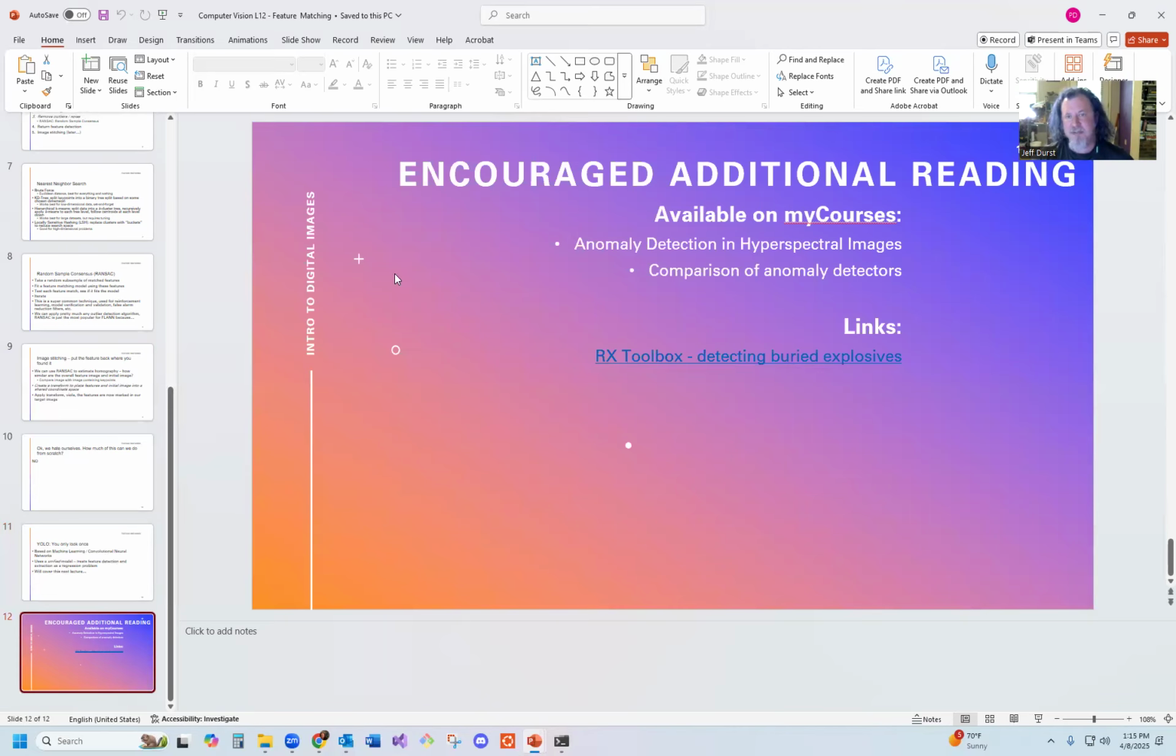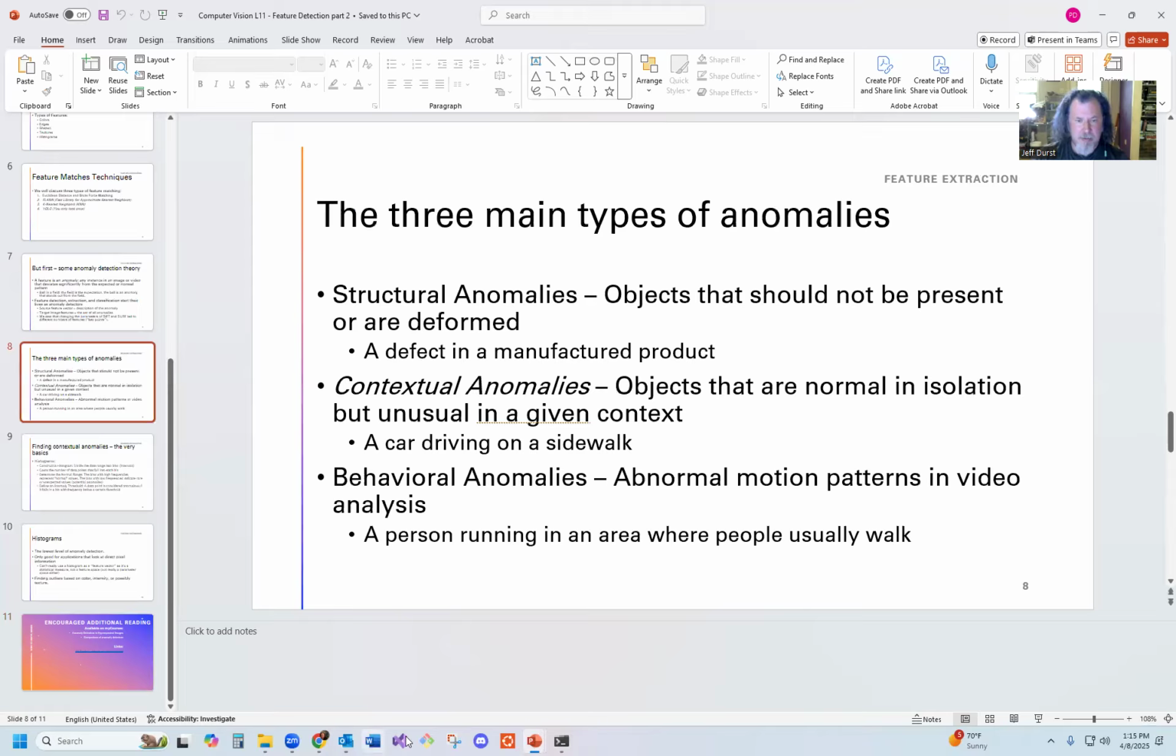And I've got some of the recommended reading up here. But what I'm going to do now is